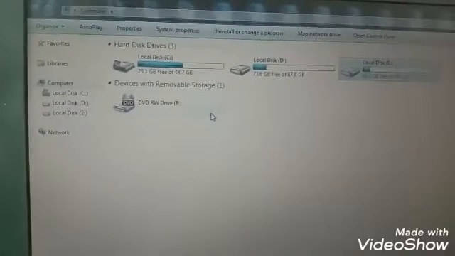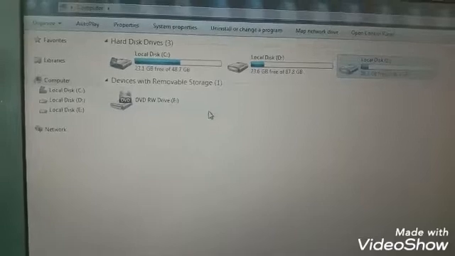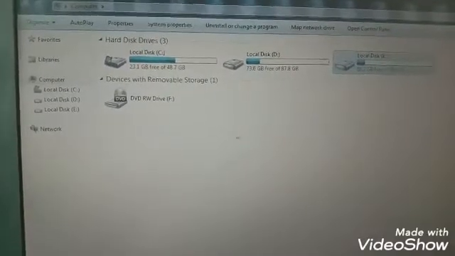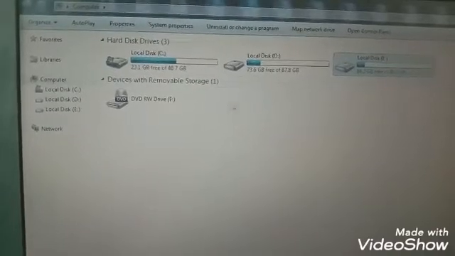And when we insert a USB in our computer system or laptop, the device name is displayed in this place.